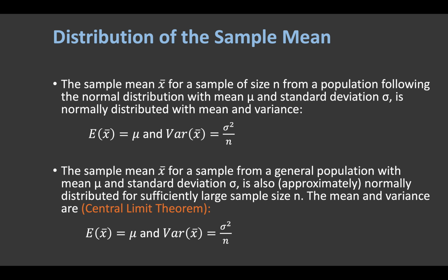Pay attention here: normally distributed for sufficiently large sample size n. This needs to be a relatively large sample size n. And the mean and variance are this,